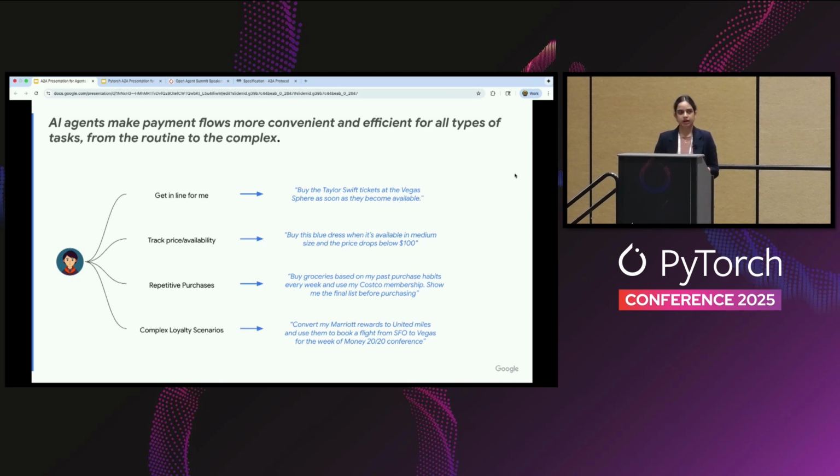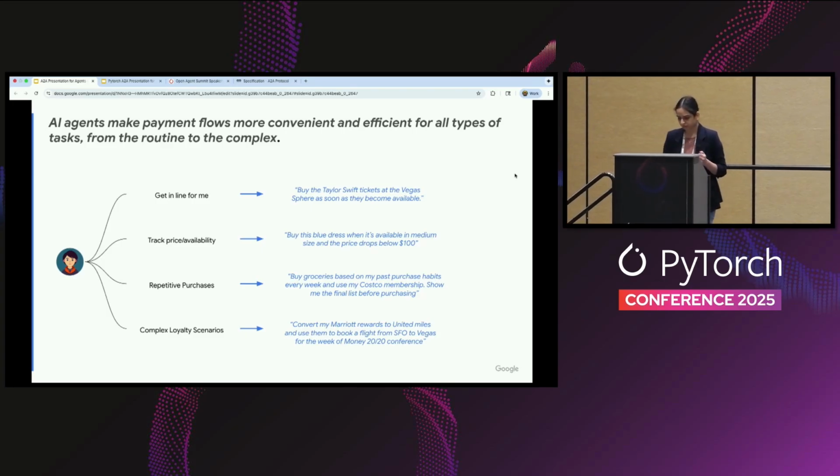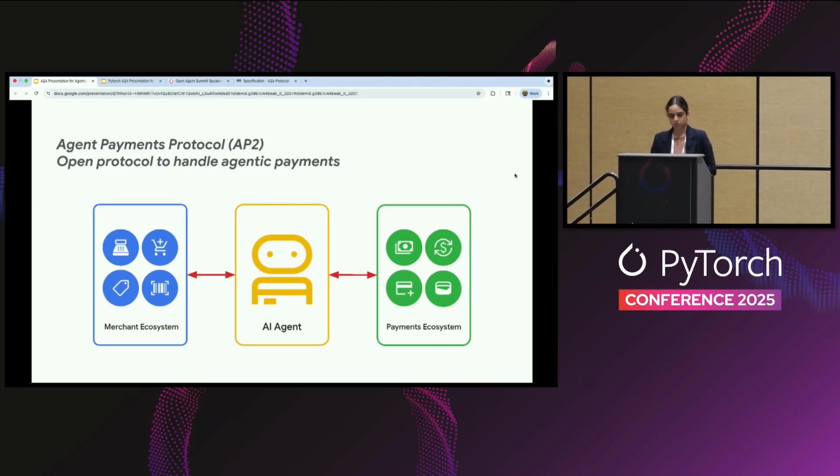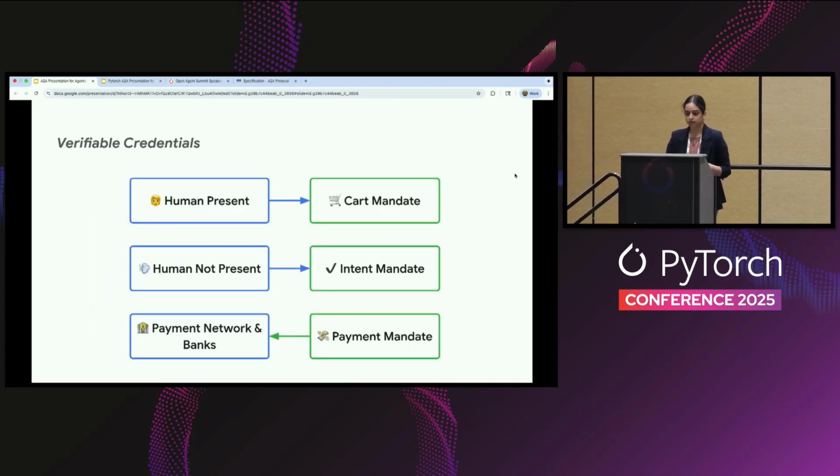What I mean by that is, let's say if you want to assign liability or if you want to resolve disputes, you don't have the ecosystem supporting autonomous agents. And that's where Agent Payments Protocol came into play. It was launched recently, perhaps a few weeks ago, with over 50 partners in the payments ecosystem, mainly issuers, networks, and PSPs. And the way it works is it allows verifiable credentials.